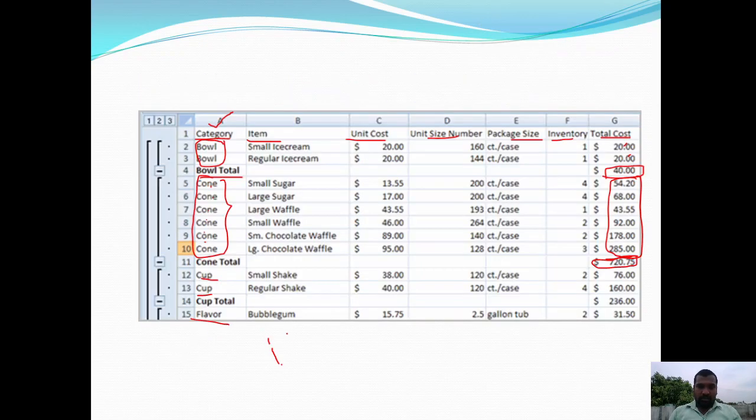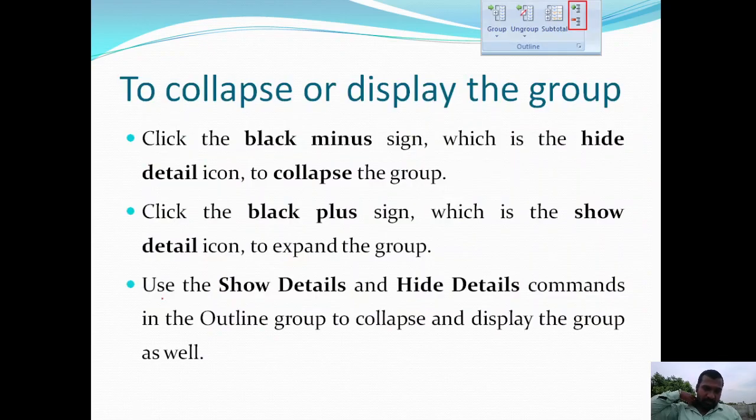So here, these minus symbols and plus symbols are there. So grouping and ungrouping can be done here. So how do we collapse or display the group?